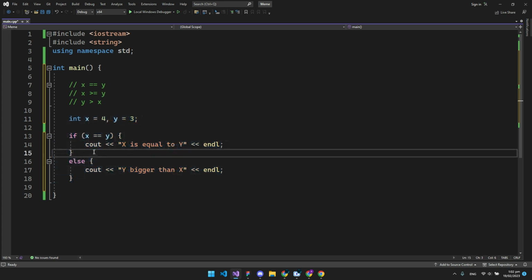Okay, but we have more than two conditions. What are we going to do about this? We can only say if x is equal to y, print this, and if y is bigger than x, print this. We need one more condition. So the way to do that is simply by the else if